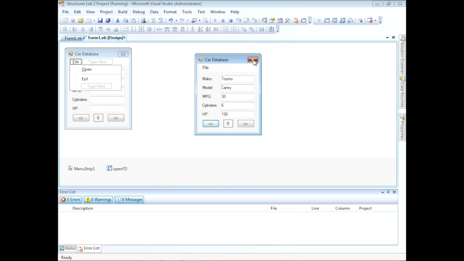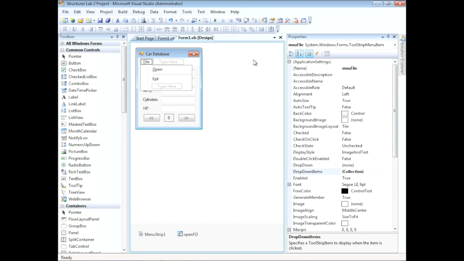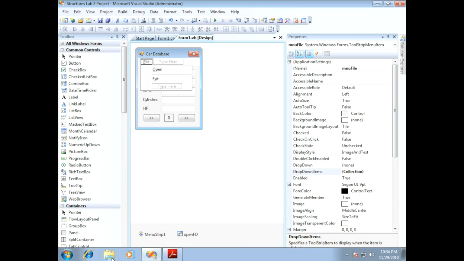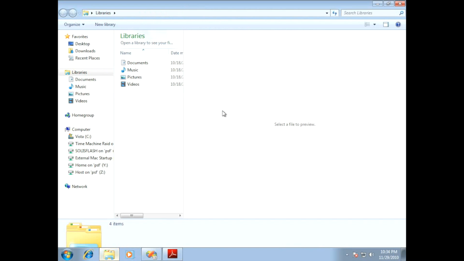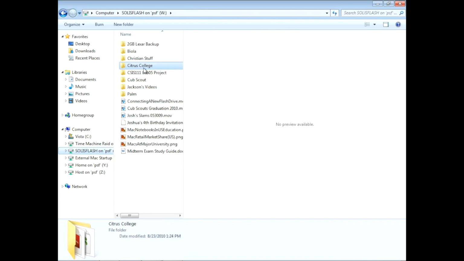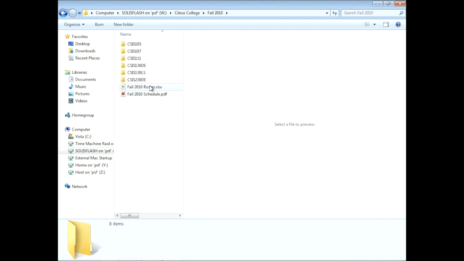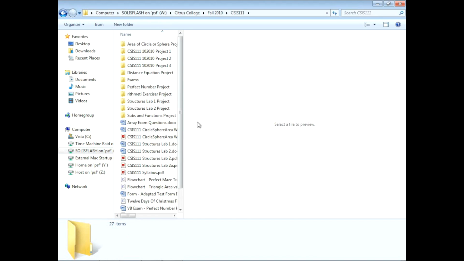Now, if I were to close this, and if I were to look at the actual data on that text file, you'll see that it has actually written over the file, and is going to maintain that data. In fact, why don't we do that? So what I did was I can just give you a quick preview of what my database looks like. Let's see here. So let me go to Citrus College. And if I were to show you,